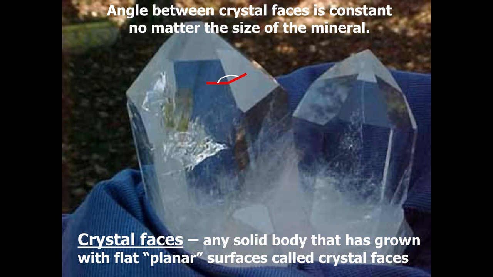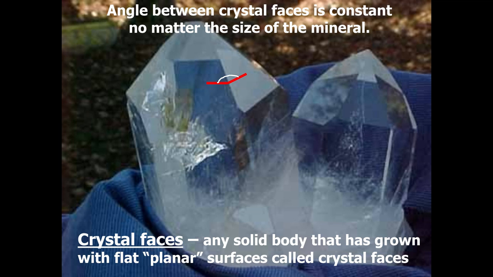And what was discovered is that these are quartz crystals, and the angle between the crystal faces, so this red arrow here, this red line, indicates the angle. So one can measure the angle between the crystal faces, and that angle is always consistent with what type of mineral you're looking at. In this case, it's quartz, and no matter how large the mineral is,